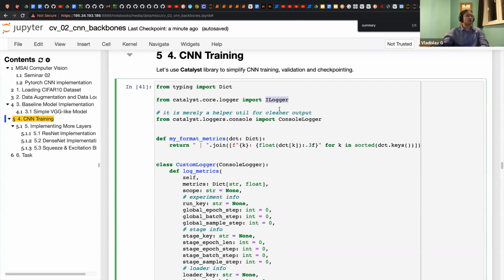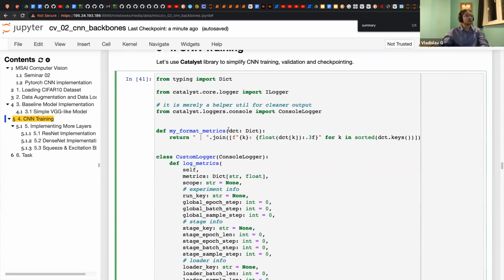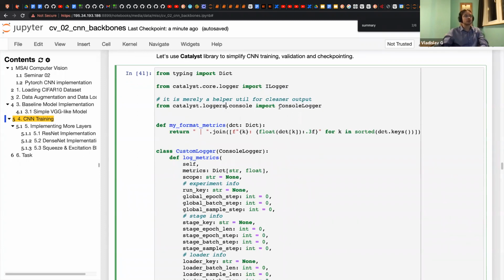And we have here the ILogger structure, and we have a console logger from loggers, but also we could use, for example, another system for logging, such as MLflow, such as ClearML, or some folks prefer, for example, Weights and Biases, or Neptune AI.